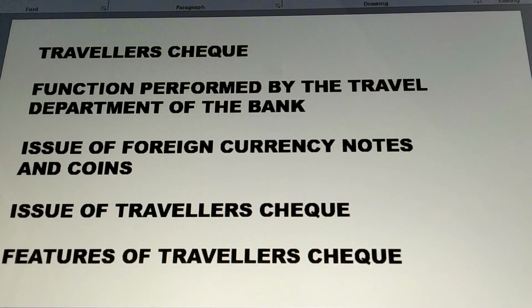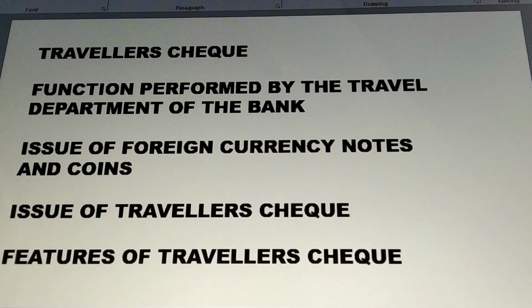So here the sentence says that there is a risk in carrying liquid cash, right? A lot of liquid cash cannot be carried. There are many types of risk. So this is the safest mode, as this instrument removes the risk associated with liquid cash while traveling abroad. Then traveler checks are issued by banks in different denominations, and the purchaser or the buyer does not require an account with the bank or that particular branch issuing the check.